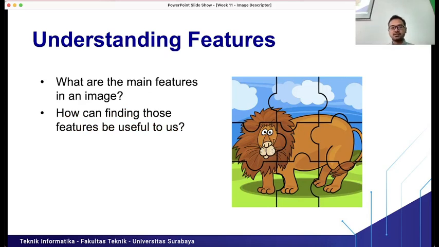Okay, so, understanding the features. What are the main features in an image and how can finding those features be useful to us? We as humans, if we see this image, know that this is a lion. We can detect that the lion has long hair maybe, the lion also has 4 legs, and the lion also has a tail.